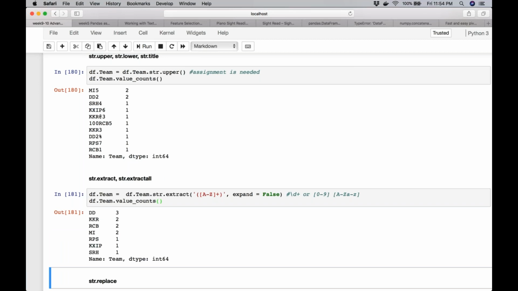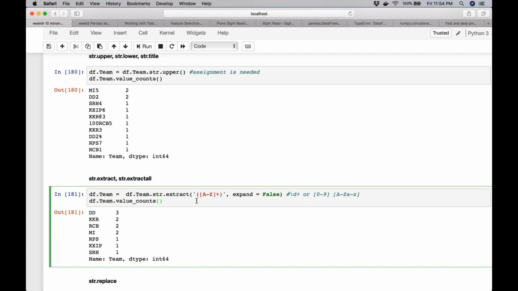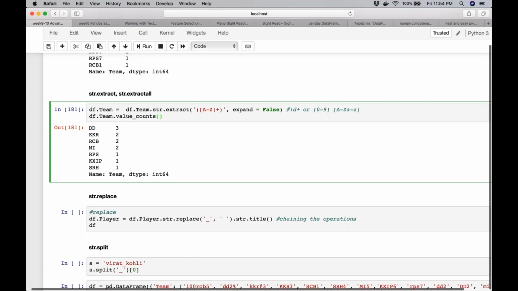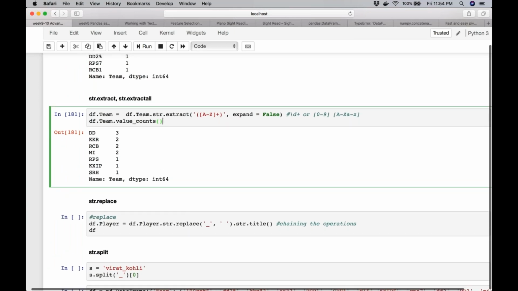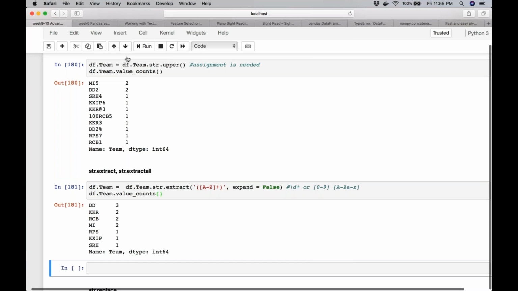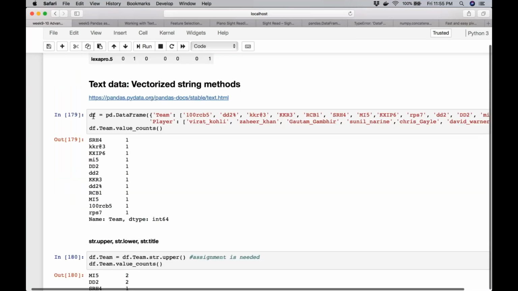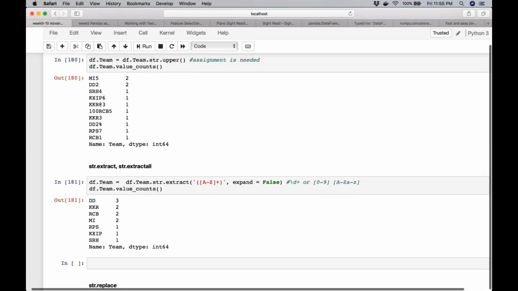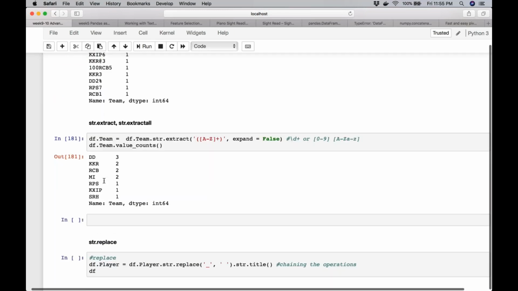Now there are multiple ways of doing it. This was of course using regex. Let's look at other ways of doing it. Another way is that we can also use something called replace. So going back to the original example, because I made the change already, here you can see that I have already saved that into the df team.